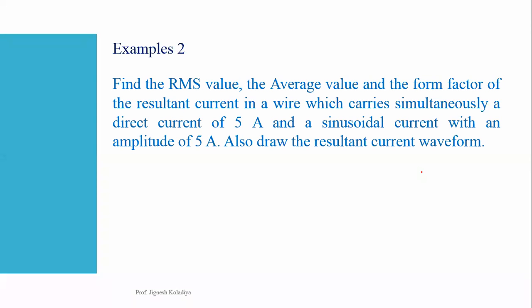Okay, now again come to this numerical. Here in this numerical, we have to find the RMS value, the average value, and the form factor of the resultant current in a wire. So this wire carries simultaneously a direct current of 5 ampere,